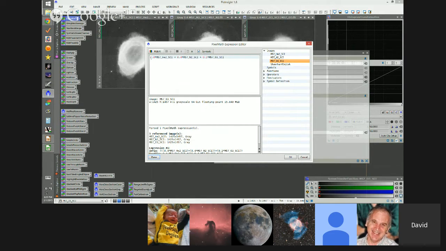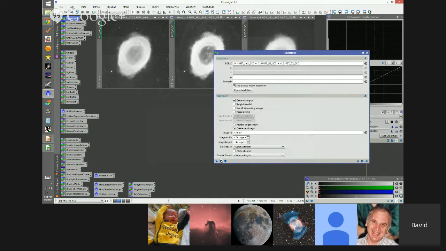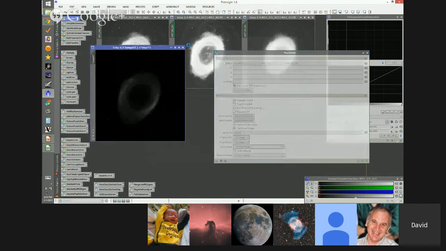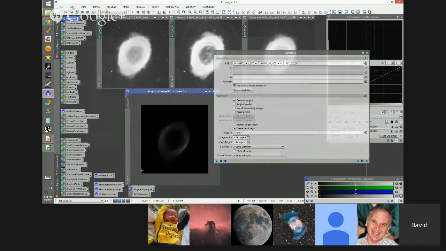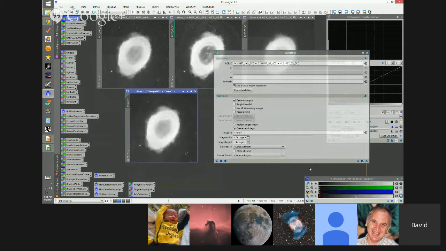So now I've got 0.4 plus 0.4 is 0.8 plus 0.2 is 1. So I'll get an average out of this, but it's going to be weighted towards the helium and the N2 without much O3. So if I do the same thing again, stretch the image,